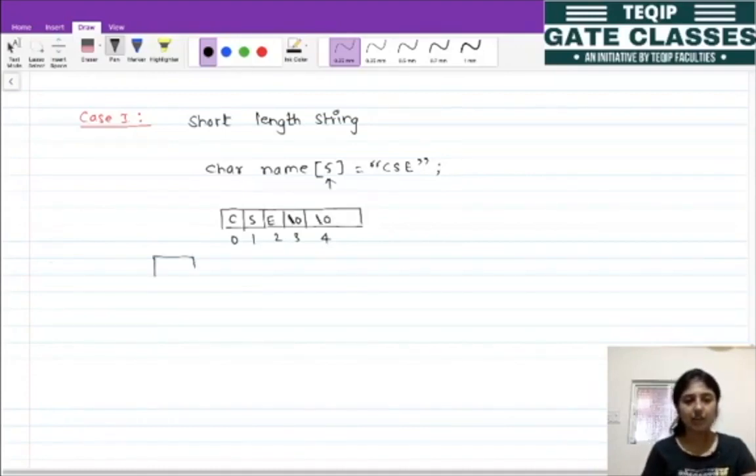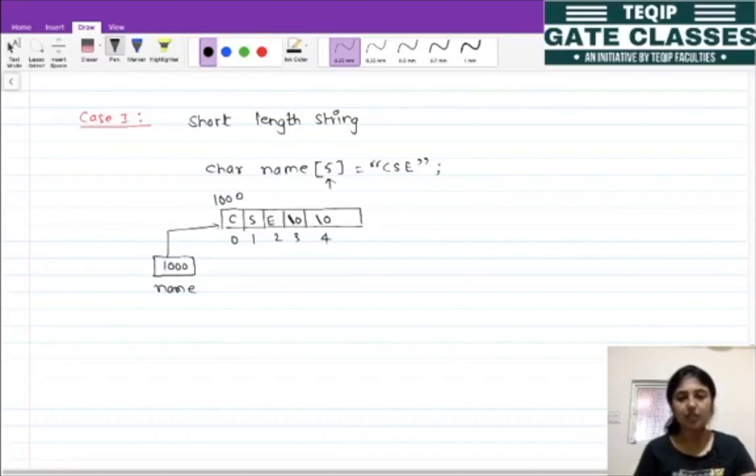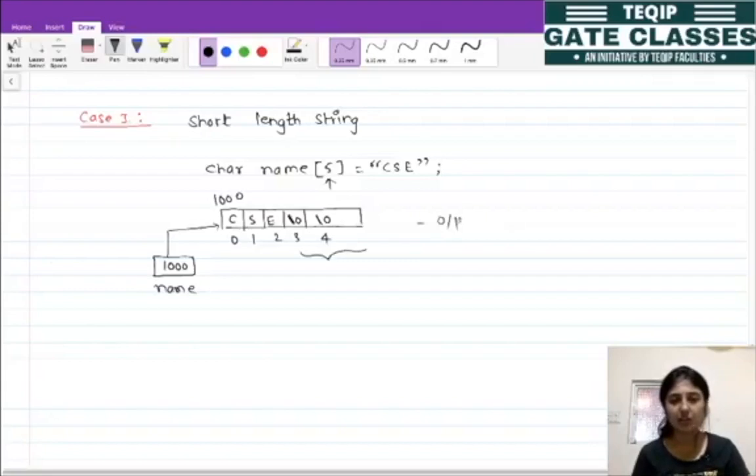And ये जो name था, the array name is going to hold the base address. If the base address is 1000, this name is going to hold the 1000. So in such a case, when we have the short length string initializer, the remaining characters, till whatever size we have specified, जो compiler इसे null character assign कर देगा. So this is our case 1.